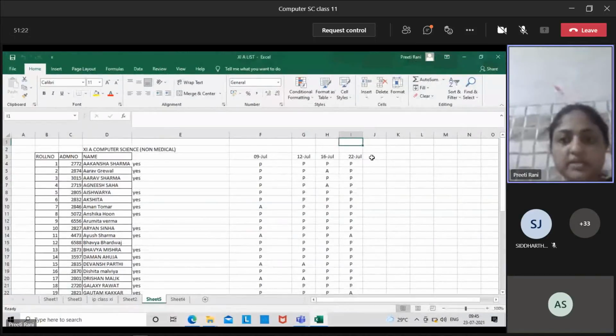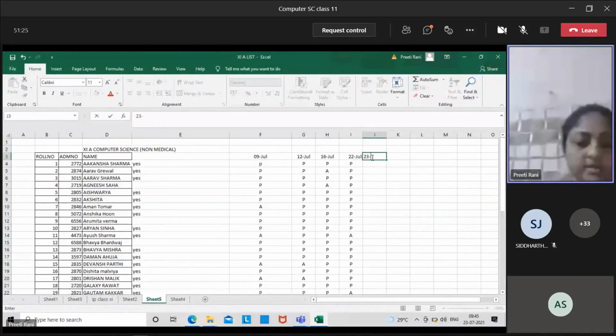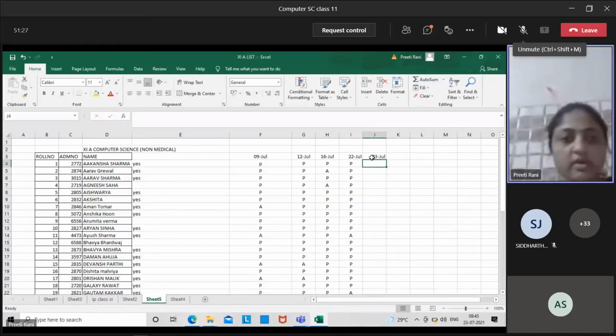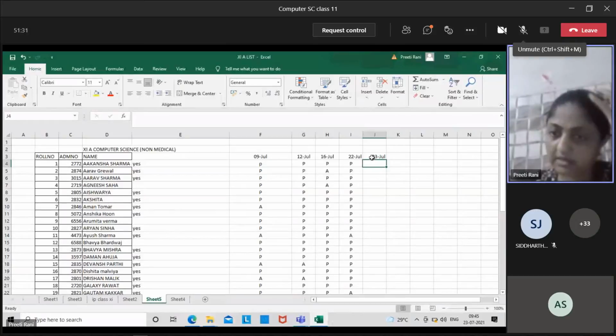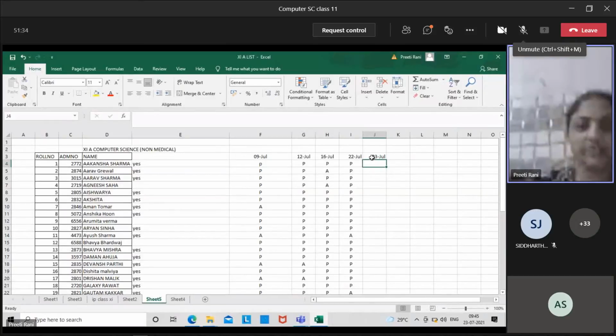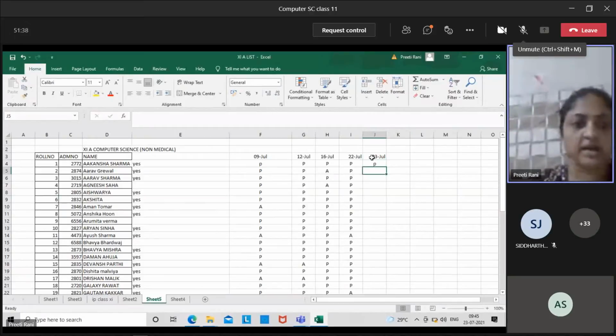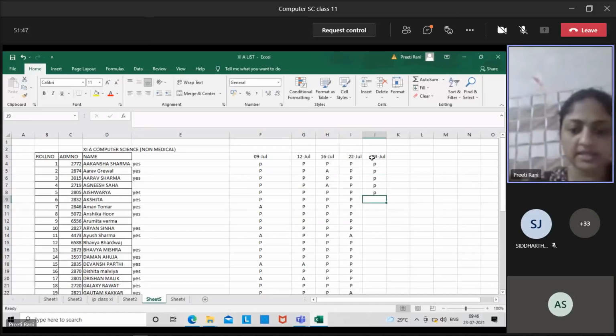What's the date today? 23rd. 7. Okay. Akansha Sharma, beta, tell me fast. Present, ma'am. Because battery is quite low of my system. Present. Arav Grewal. Present, ma'am. Arav Sharma. Agnish. Present, ma'am. Aishwarya. Aishwarya is present. I saw. Akshita.